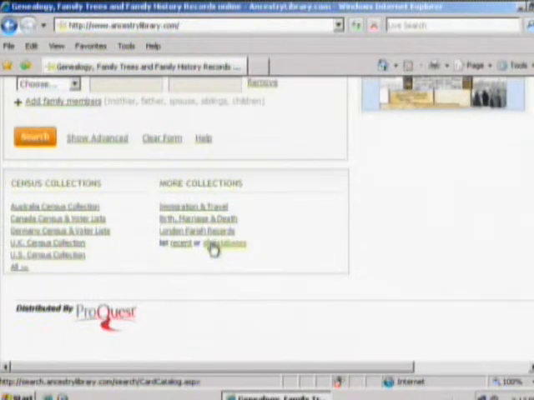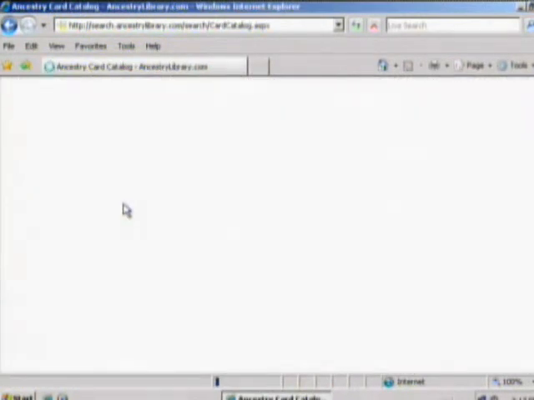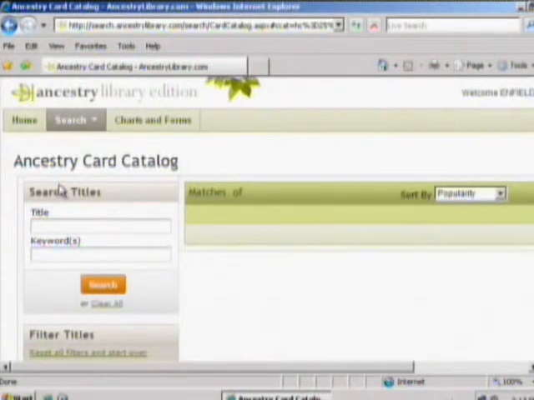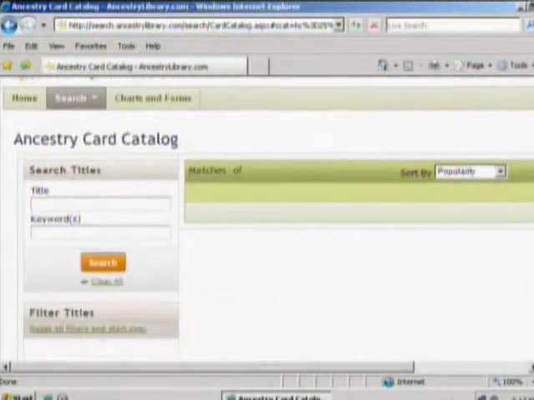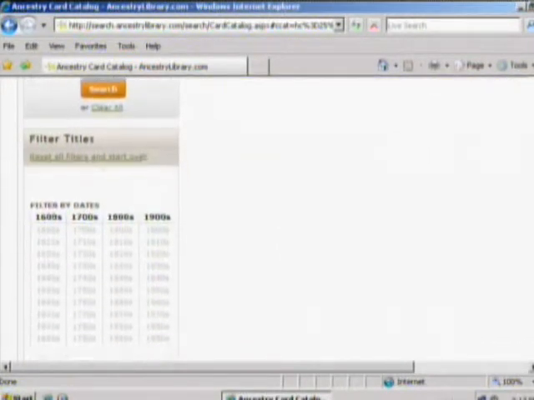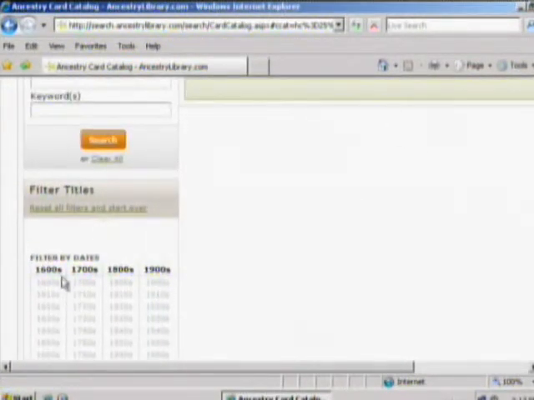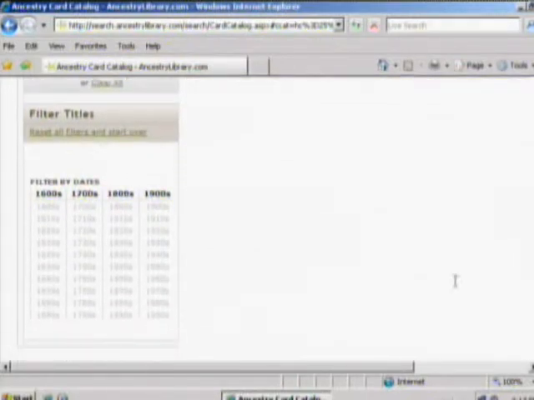But this link here to all databases is going to take us to a screen, just the beginning, tip of the iceberg, so to speak, of all the resources that are available in this particular database. And you can filter them by dates, and they start in the 1600s. Some start in the 1600s, I should say, when applicable, and then go through the 1900s all the way up. Currently, the census information is up to 1930. There are directory listings and yearbooks and local listings up to the 1990s.